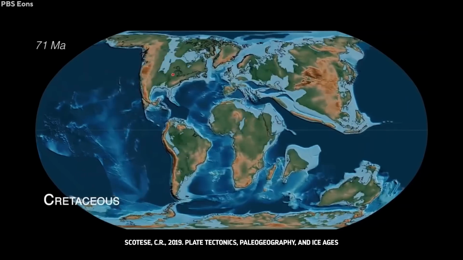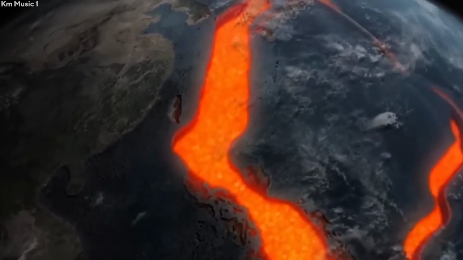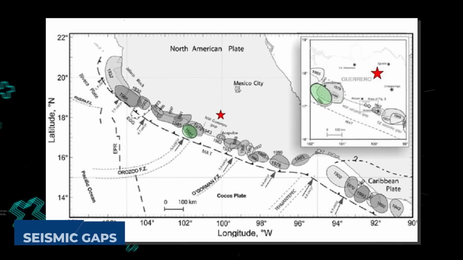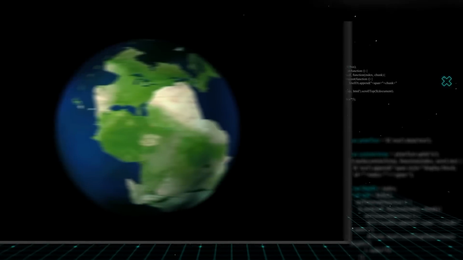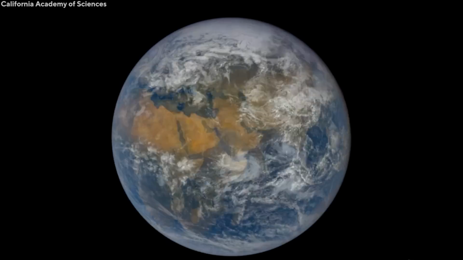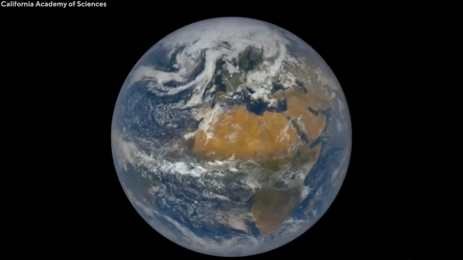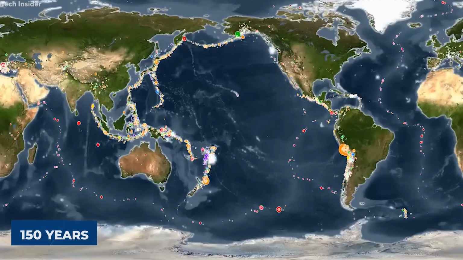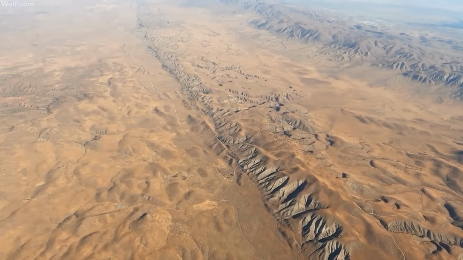There are many segments along the Earth's plate boundaries like the San Andreas where large earthquakes haven't occurred in a long time now. Scientists call these segments seismic gaps and have achieved a bit of success in estimating when some of these gaps will produce earthquakes. Geological studies have revealed that in the past 1,500 years, earthquakes have occurred at intervals of about 150 years on the southern part of the San Andreas Fault. And according to this estimate, the last massive earthquake on the southern San Andreas occurred in 1857, so the next 30 years are probably when the next one will happen.